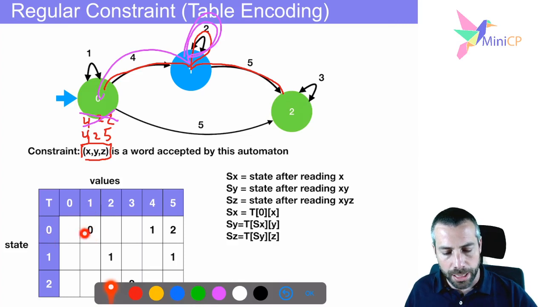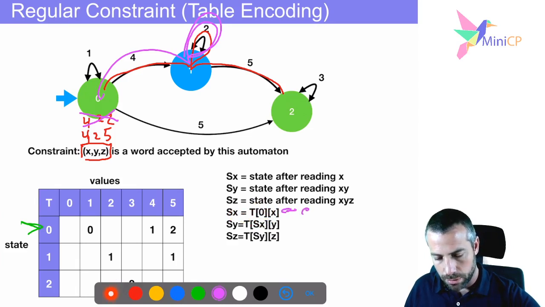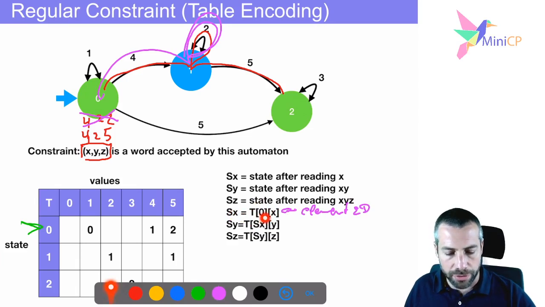And so we will use element 2D constraint to make the link between the input variables x, y, z that represent the word that I will emit and the hidden state of the automaton. So if you start in state 0, okay, this is the initial state, if you read the input x, you will end up in the state S of X. And so this is specified by the transition table here. And you can model this with an element 2D constraint. Okay? You say that if you are in state 0, just after having read the input X, you will be in state S of X.